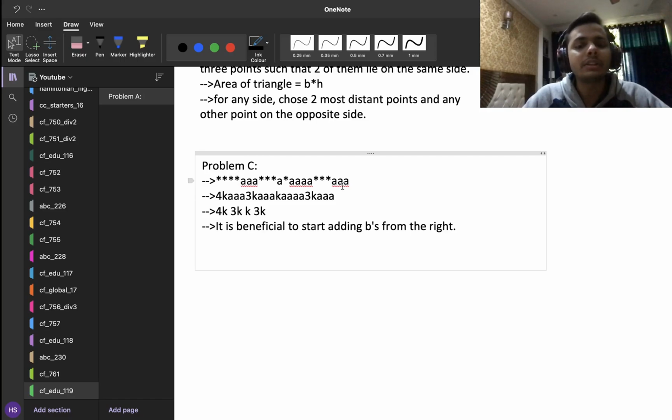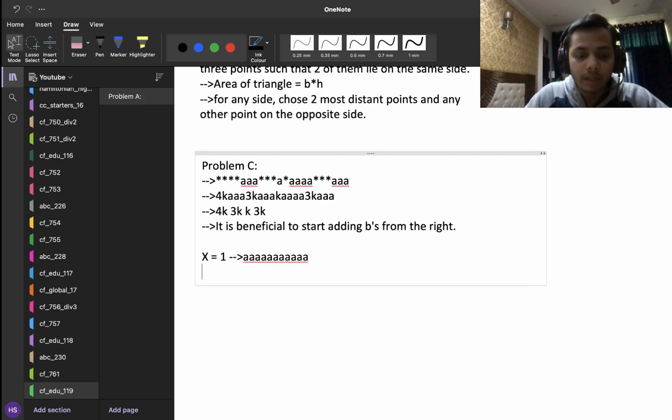I can just replace all these stars with nothing, and I'll be left with a few a's. Here I will be left with like 4 plus 3 plus 3 plus 1, 11 a's, and that will be the lexicographically minimal string, right? So if x is equal to 1, the string which I'll get is something like this: